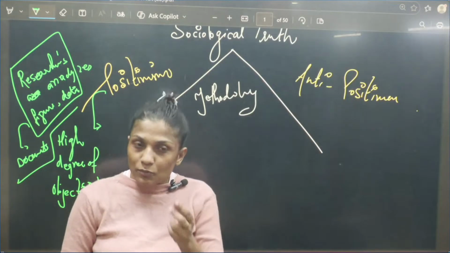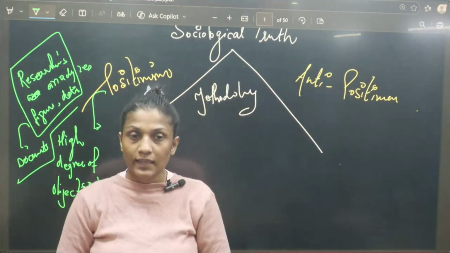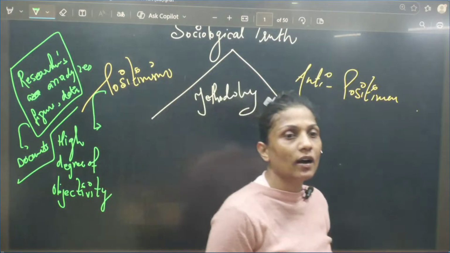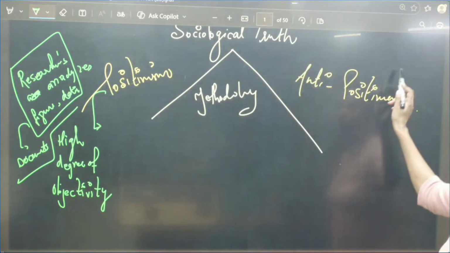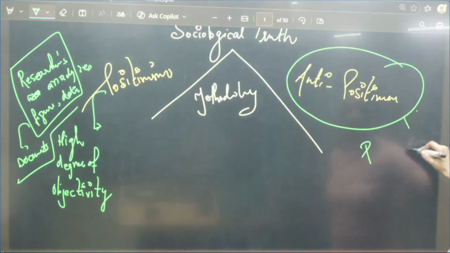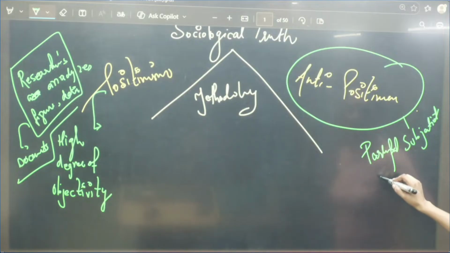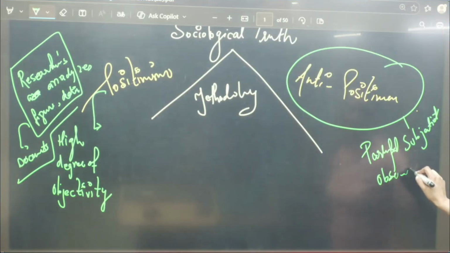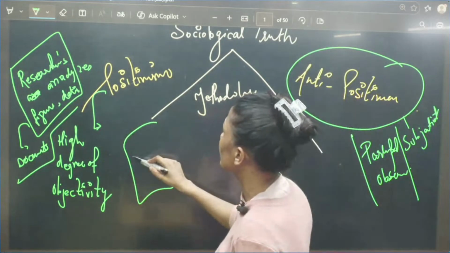So what am I doing? I'm just explaining a day-to-day life example with broader dimensions. That can only happen when you are not only looking at the content which is given, but you are thinking. Participant observation. Here you can say subjectivity. And here you are not only observing, but doing participant observation. Just write down participant observation. Here you can write down survey, census and all that.